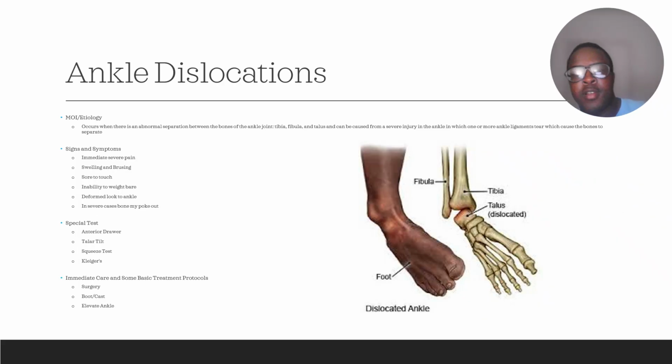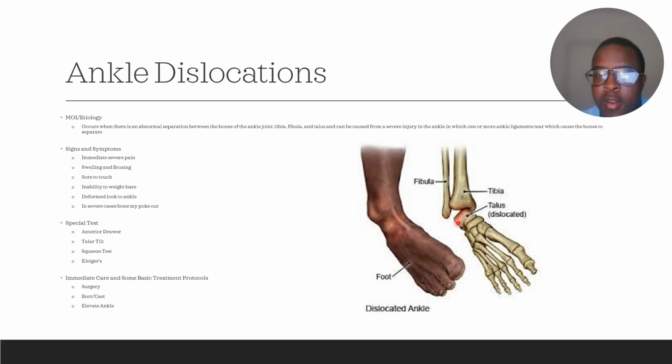Ankle dislocations. This occurs when there's a separation between the bones of the ankle joint, so the talus, fibula, and tibia, and can be caused by a persistent injury of the ankle, where more and more ankle ligaments tear and the bones separate. You see here the ligaments connecting the fibula and talus are disconnected, causing the ankle to separate here,